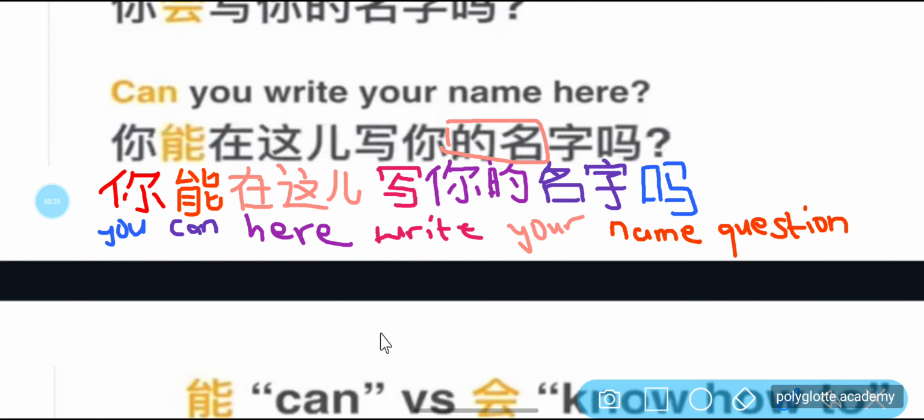A question particle. So now the whole sentence in Chinese is 你能猜着写你的名字？ Can you write your name here? 你能猜着写你的名字吗？很好，很好。